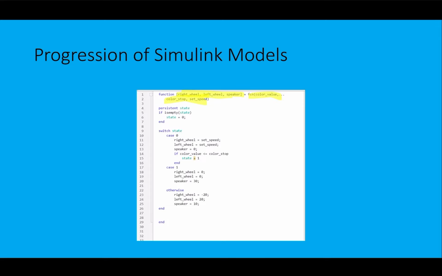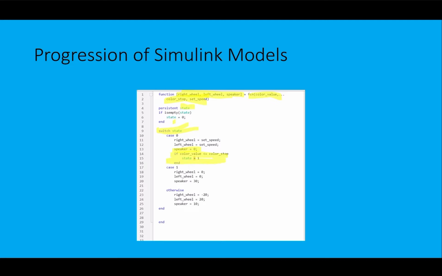And so we have a persistent variable. State is the persistent variable, initially set to 0. This can be a little confusing, but this is the programming to switch the state. So the initial state is case 0, right wheel and left wheel are set to the same speed, speaker is 0, but